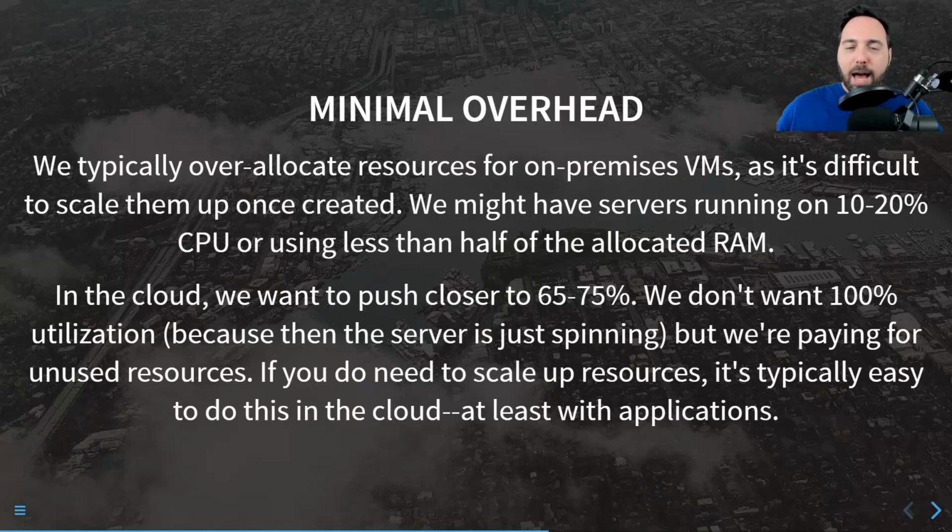So if you've got 24 cores on premises, but you never hit more than 15% CPU, try 8 cores in an Azure VM, and you're going to save a lot of money over 20 cores, and you might be at 50% CPU utilization or 60%. And cool. And if you start pushing up to the 70, 80%, if you start getting concerned, all right, go from 8 cores to 12 cores. So it's still going to be cheaper, but you've made that one move, and you can make those incremental moves very easily. A lot easier than you can on premises, where we have to fight for CPU core availability.